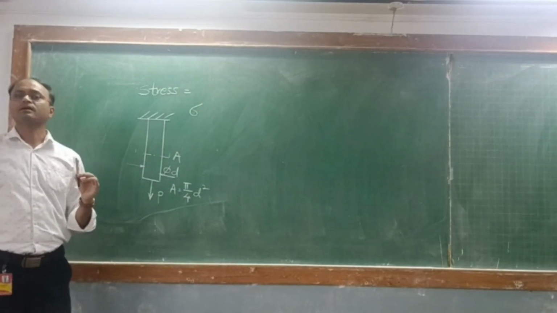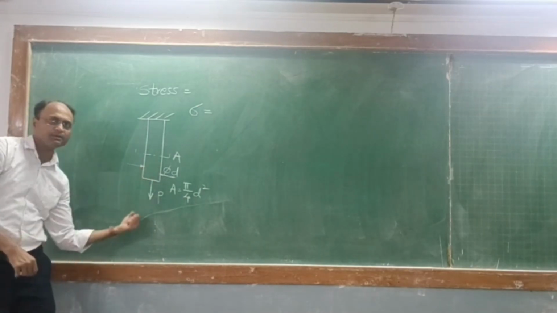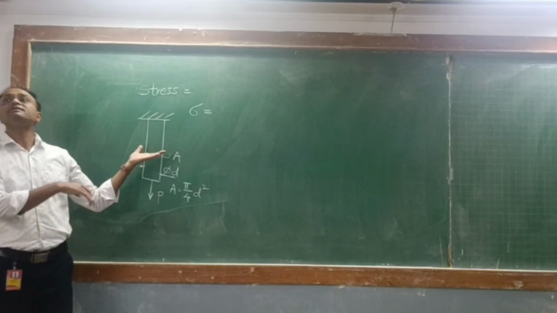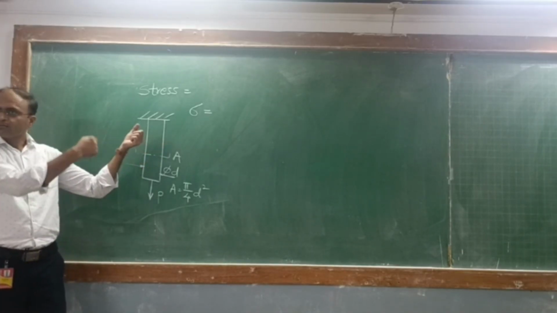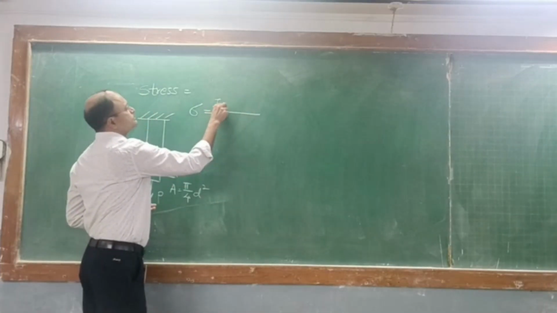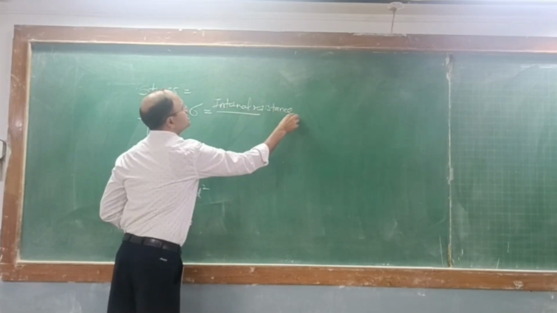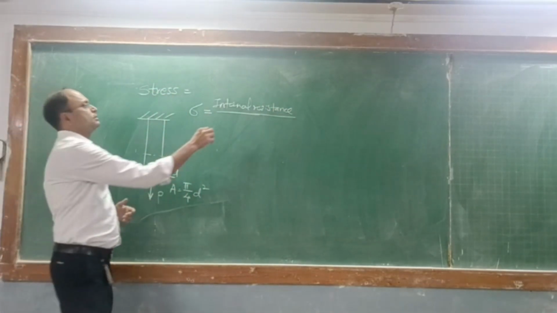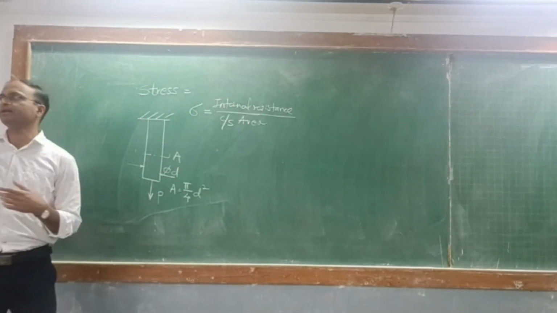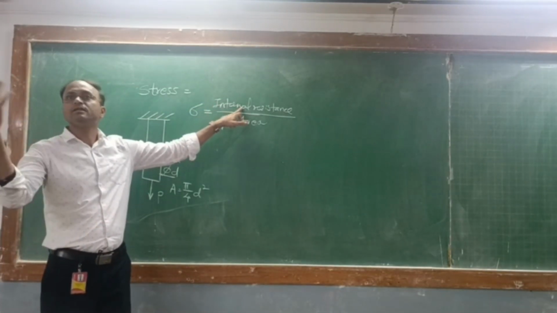How do you denote stress? Stress is denoted by the letter sigma. Sigma is equal to... Now, whenever force is applied on this rod, what happens? The material of the rod resists that force, so there is internal resistance. So stress is actually the internal resistance set up in the rod divided by area. But which area? Cross sectional area. But in practice it is observed that this internal resistance is always equal to